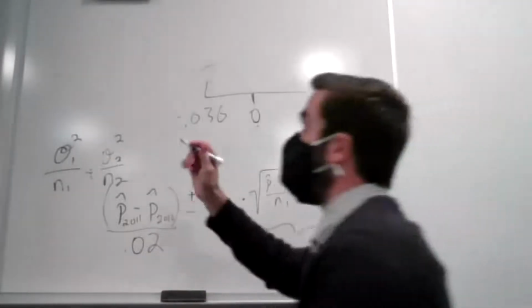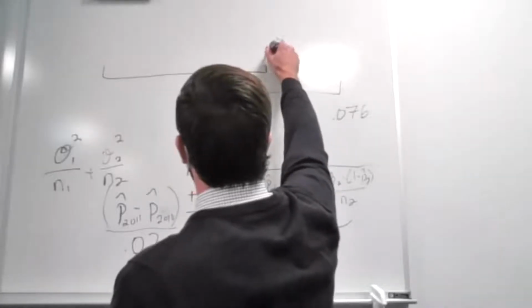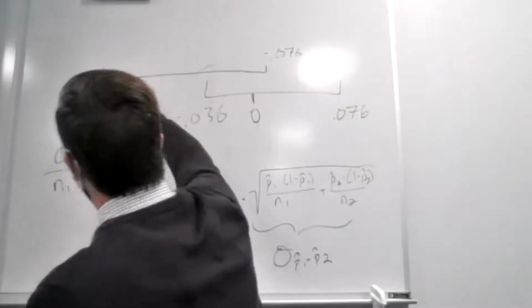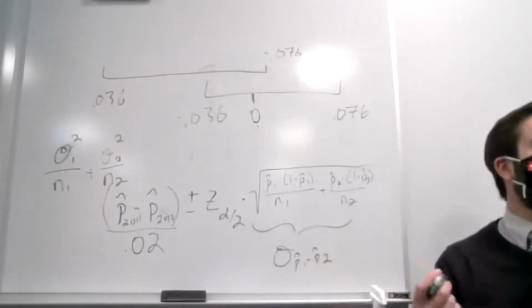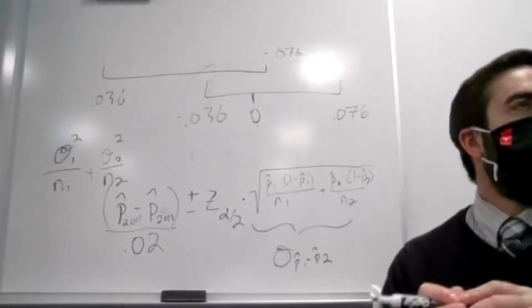these two values. If I just flip-flop them, what I'm going to find is negative 0.076 and 0.036. It's going to be the same values. It's just that they're going to be kind of flipped around, right? So it's like saying,